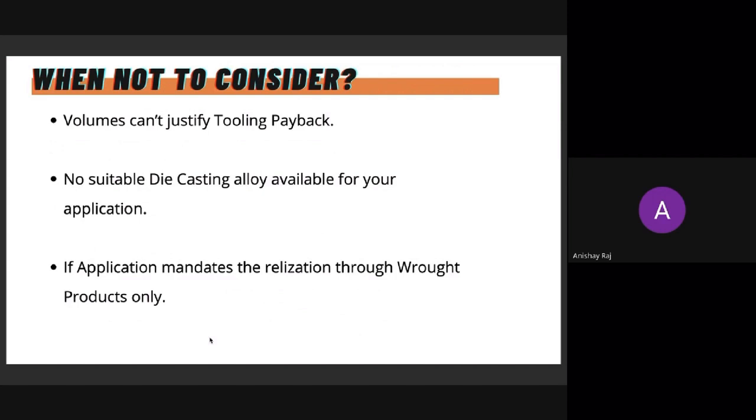For example, if you were spending 1,000 rupees in machining, and then suddenly in die casting you're just spending about 100 rupees, very quickly you'll meet that break even point. It starts to make a lot more sense even with little volume. So the second factor not to consider is when the properties that you're looking for are